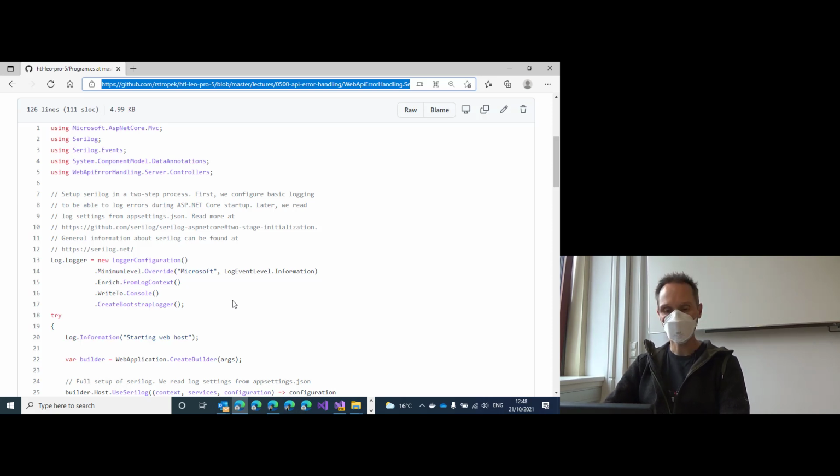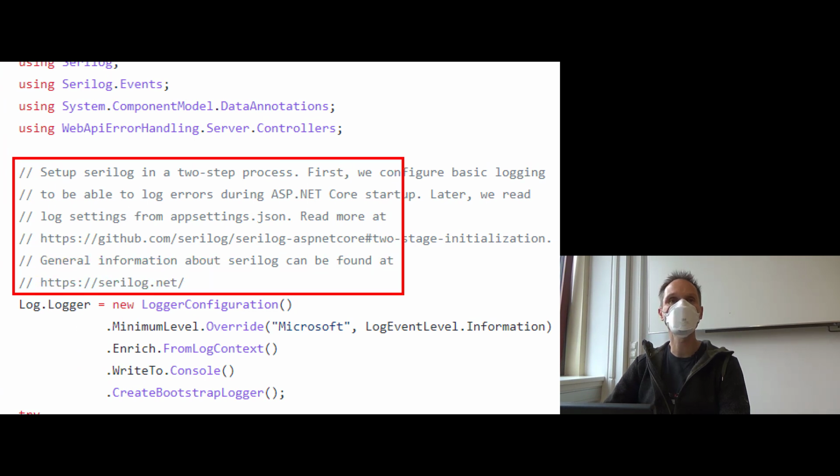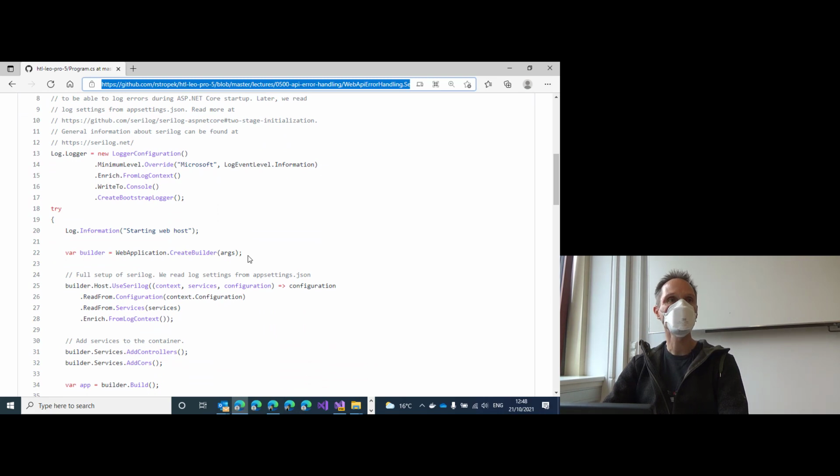For your records, I have added lots and lots of documentation to this lecture's sample app. So you do not need to write everything down. You can find all the necessary documentation links directly in the source code comments. Okay? The first thing is we want to make sure that we get logging even for the startup of the